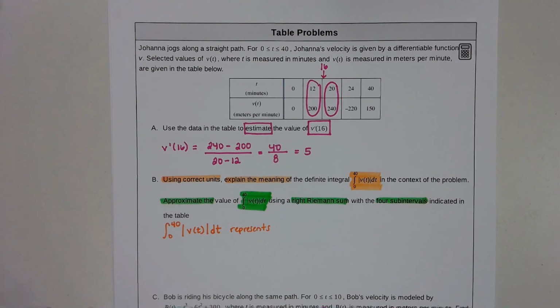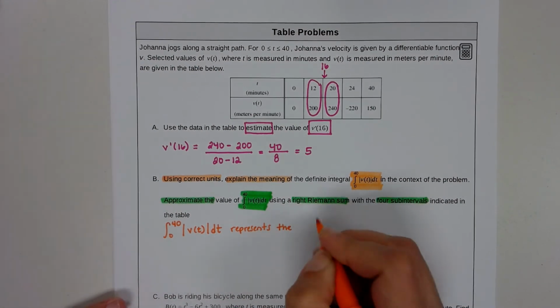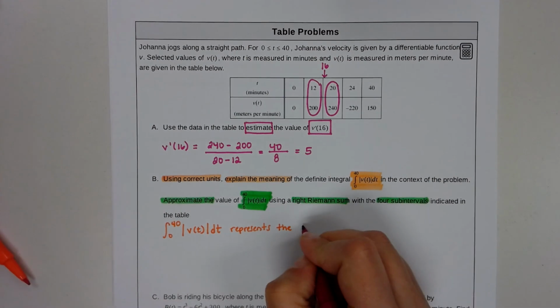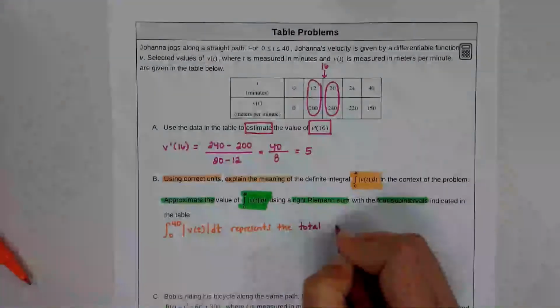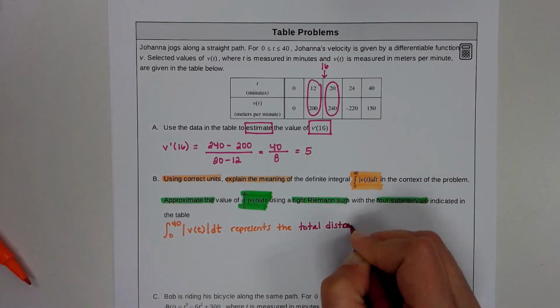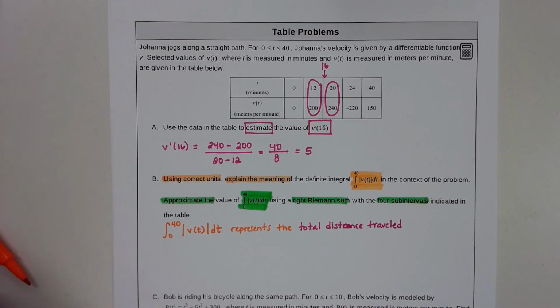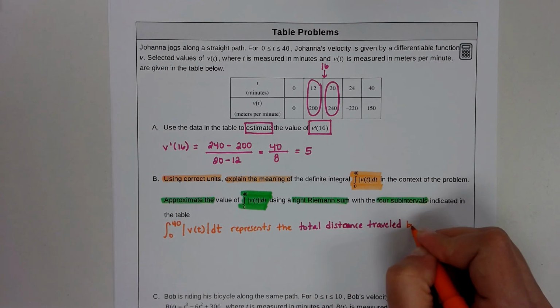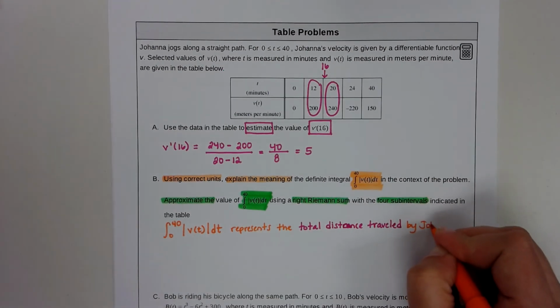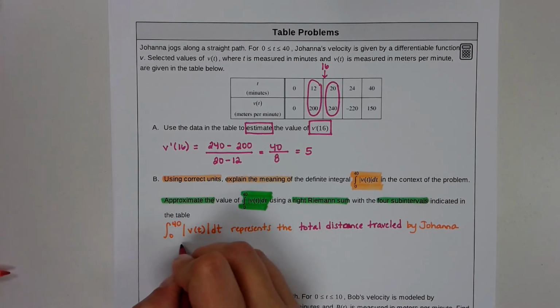Don't forget, we need noun, units, time. Represents the total distance traveled, so that's my noun. Total distance traveled by Joanna. So noun, units, measured in